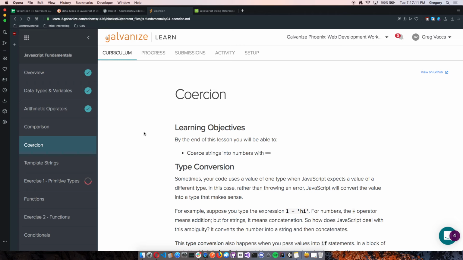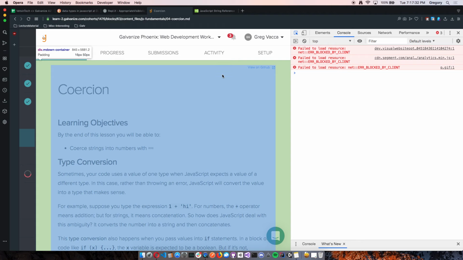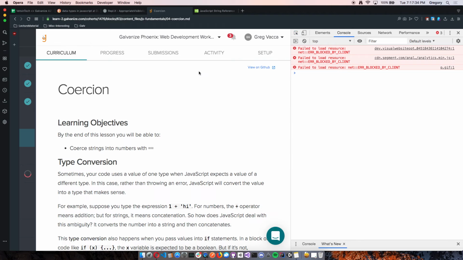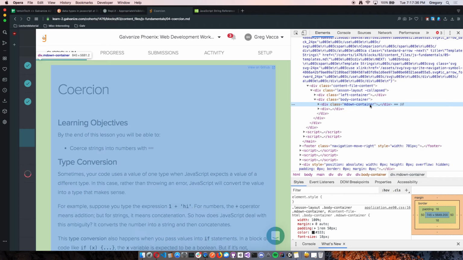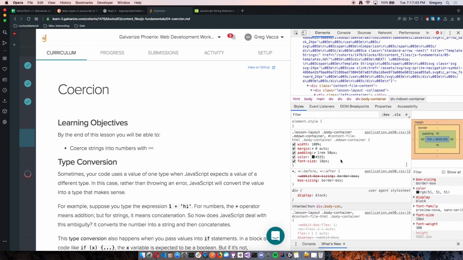But now that I'm here, I could come up here. This little arrow probably looks different if you're using Chrome. It might be like the circle. Oh, it is? Yep. For some browsers, it might be like a circle with kind of a crosshair around it. Click on that, and that allows you to go over every HTML element on the page. And when you click it, it shows you exactly where it is in the DOM. But the reason I'm showing you guys this is, I kind of did this yesterday, but